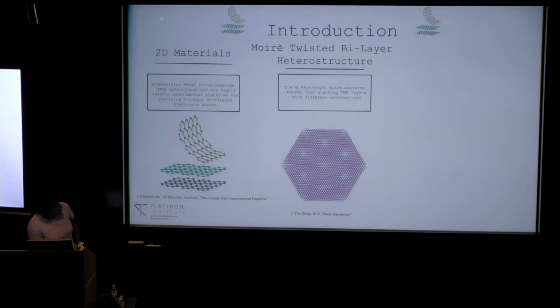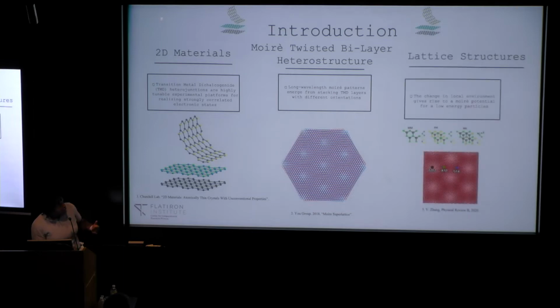So 2D materials, if you think about a typical solid, it's made up of multiple atomic layers. If you were to peel back the atomic layers of a solid until you were left with one, that would result in a 2D material. And you can stack these materials on top of each other, and what emerges is a lattice mismatch, which creates